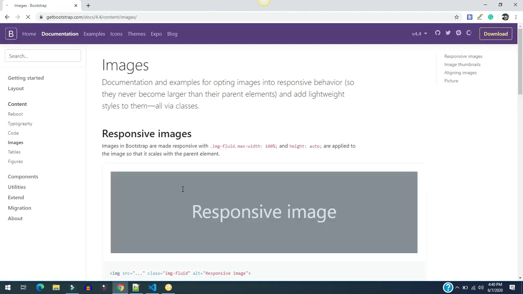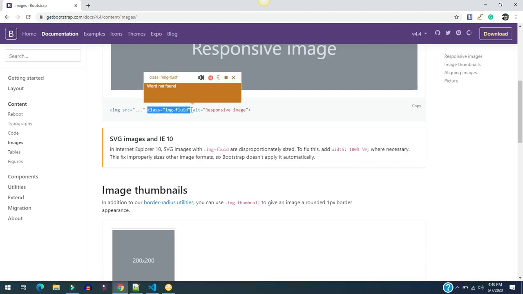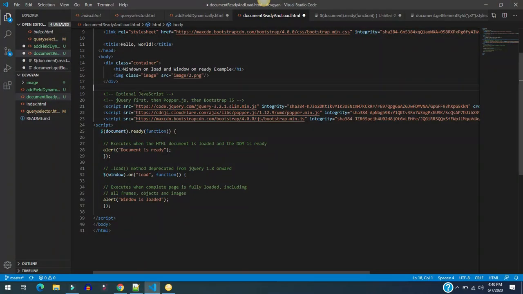So let's go to getbootstrap.com. Here we will find some images. Right now I'm going to use these images, so I'm just copying, and closing this, and I will use these classes here, and similarly I will use the second one.